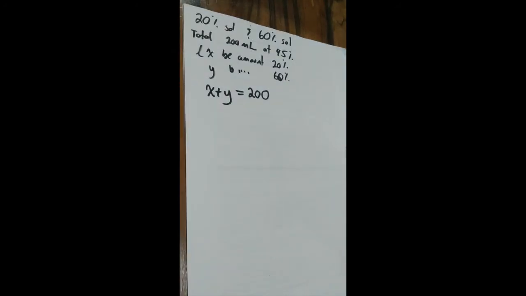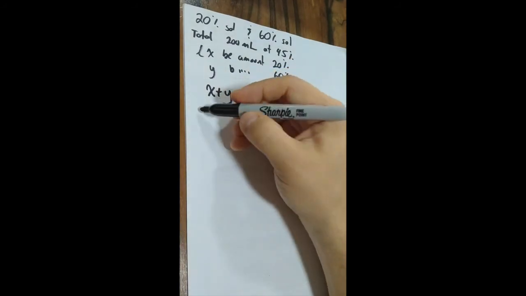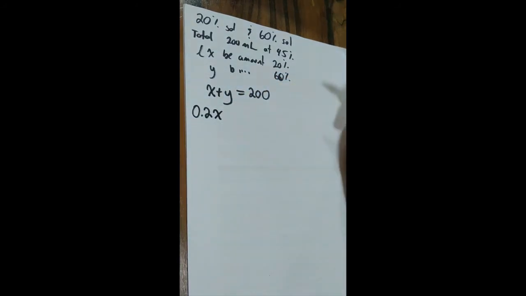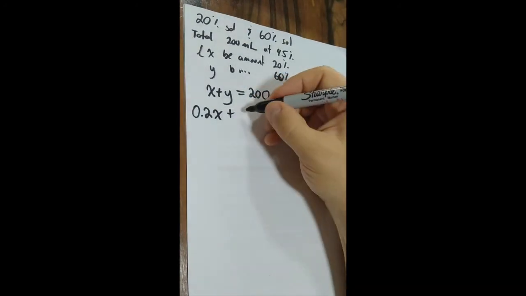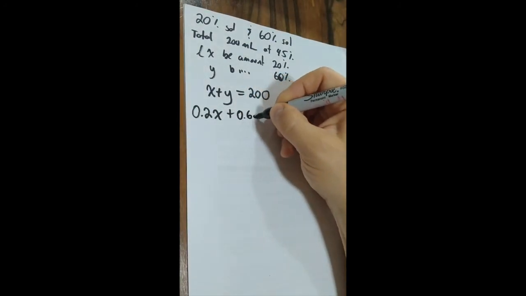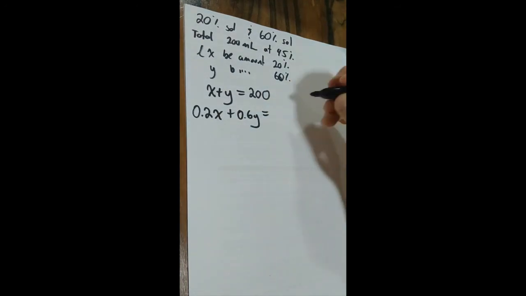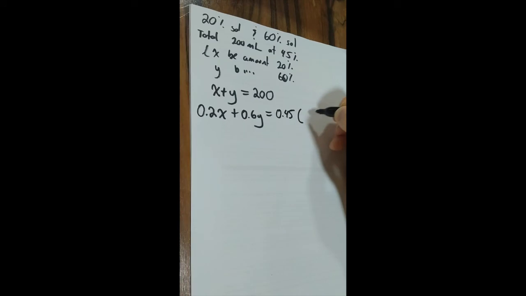Notice how that's very similar to the financial question. Whatever amount we put in X is going to be at 20% alcohol, so 0.2X, 20% of X, plus 60%, so 0.6Y, must equal what we want, 200 at 45%, so 0.45 times